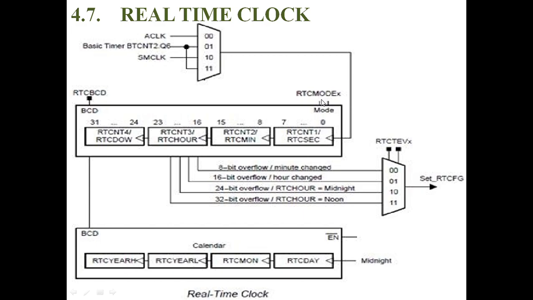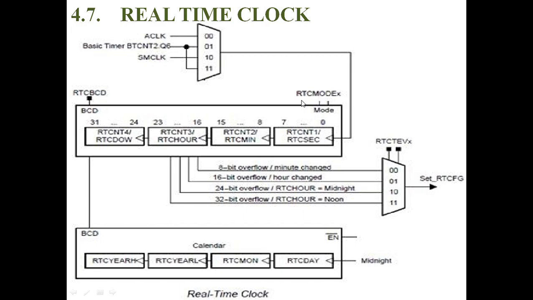Whenever it is switching from counter to calendar mode, it clears the second value. That means the second value is 0, minutes value 0, hours value 0, day of the week is Sunday, day is 1, month is 1, and year is the same. Similarly, when it's switching from calendar to counter mode, all count values become 0.